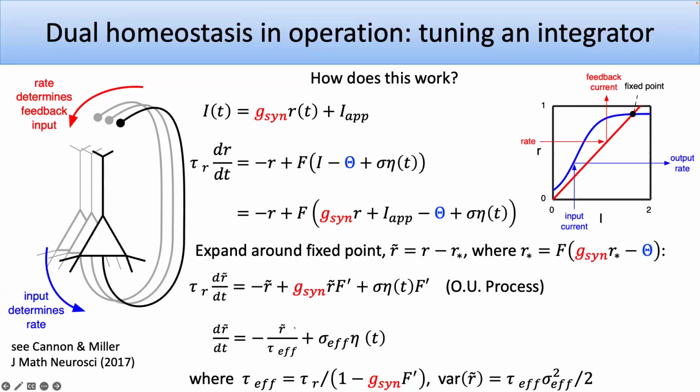And this is a little bit about what actually generates an integrator. Because an integrator is something with an infinite time constant, right? You change it and then it will stay there forever. So a lot of when we talk about whether there is an integrator or not is over what time scale. You can always integrate your inputs over milliseconds. But what you have is this natural time scale of the neuron, and then the effective time constant depends on the inputs and this derivative. And so as this approaches 1, you're getting towards an integrator. But notice, to get 100 times the time constant, you need 1% fine tuning.